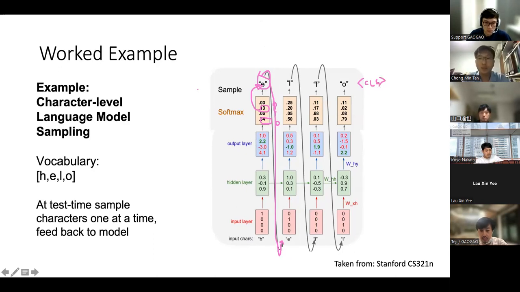So, stuff like machine translation, they also use things like this. They keep generating the output until you tell them to stop. Okay, but for machine translation, they normally have another